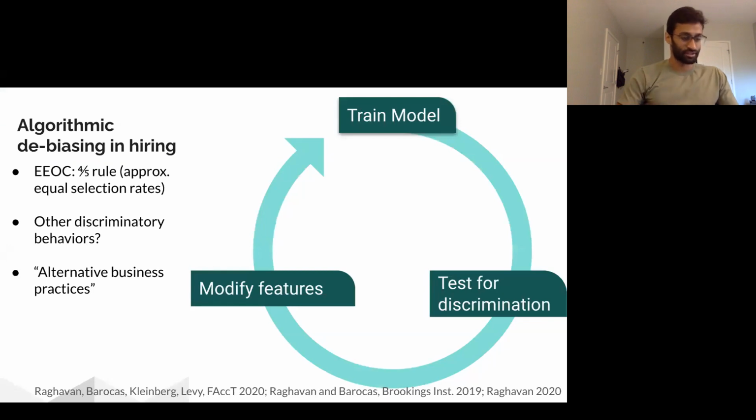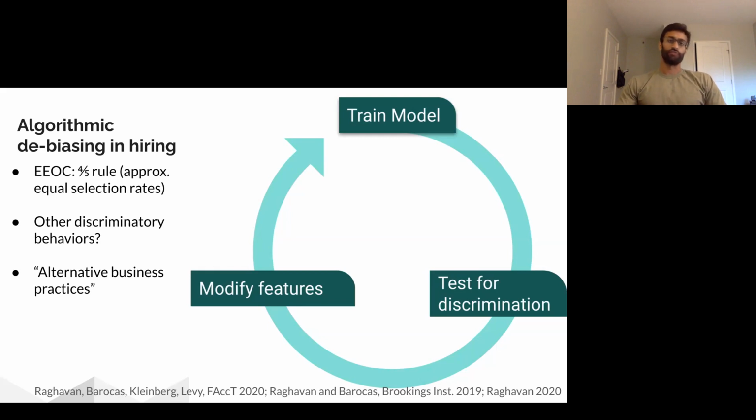One thing that might be interesting for this audience is what actually happens in practice in a lot of these firms, and especially ones that seek to operate in the United States, which is where discrimination laws seem to be somewhat enforced. And so the quick summary of really what they do is what they call algorithmic debiasing. And basically it's an acknowledgement that, yes, we expect to see some amount of bias present in the data, but actually what we're going to do is add constraints to the models and to our training procedures that remove bias in some way.